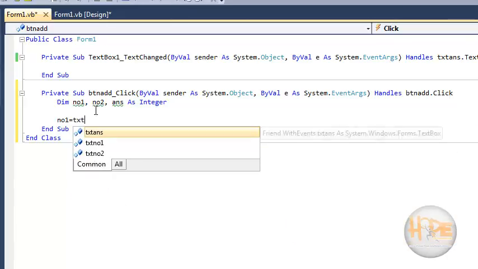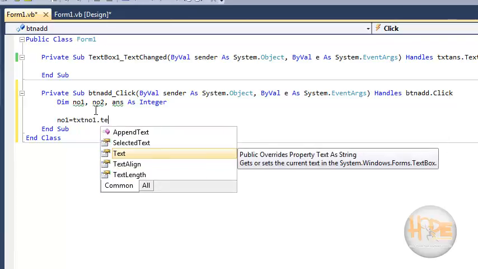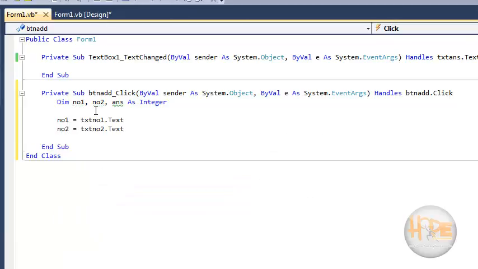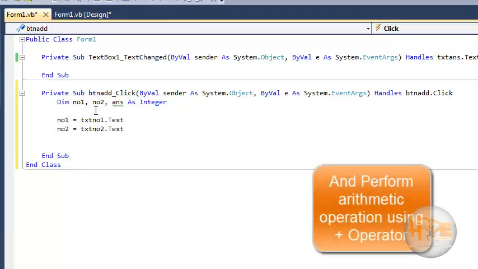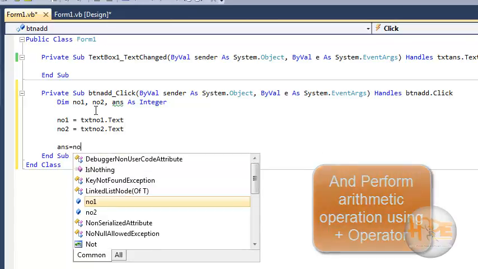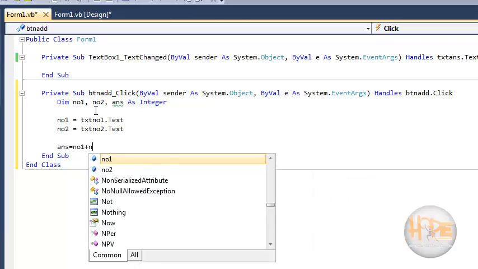In the number1 variable I will store txtNumber1.Text, meaning the text box value, into this number1 variable. Similarly for number2, and I will add both these numbers and store the result into the answer variable. So answer is equal to number1 plus number2,